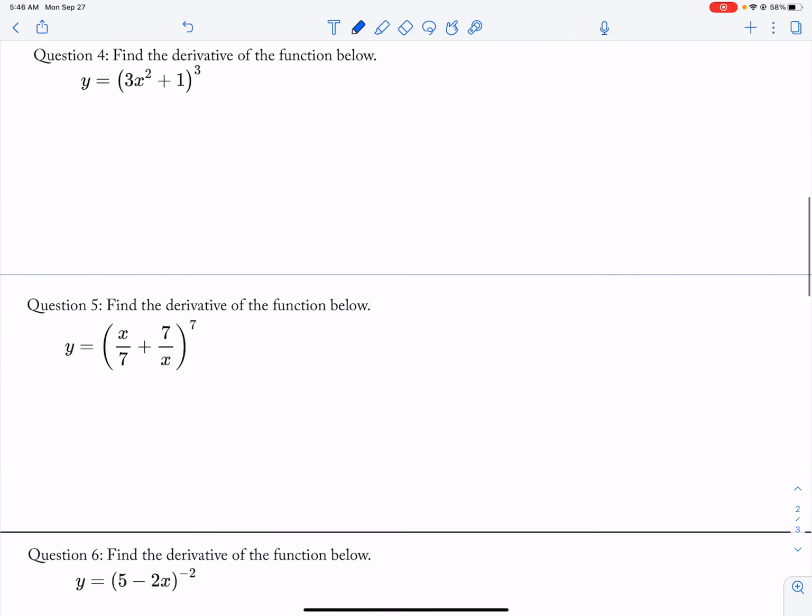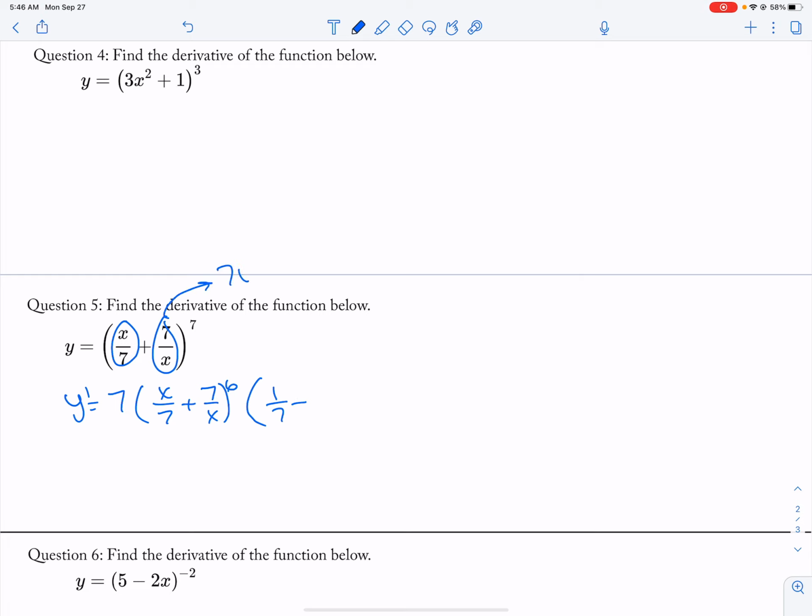And then here, y prime, the outside is the 7th power. So reduce it by 1, then take the derivative of the inside. Derivative of x over 7 is 1/7, and then the derivative of 7x to the negative first power is minus 7x to the negative second power. And then I'm okay with you guys